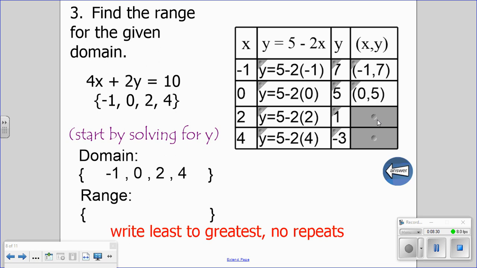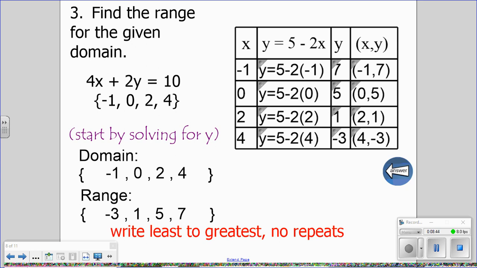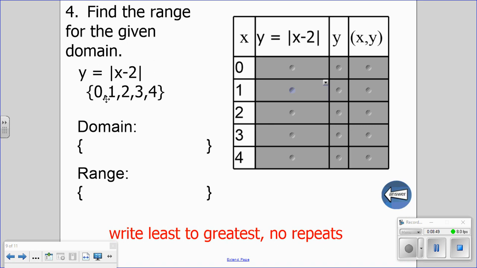So here we have our points: negative 1, 7; 0, 5; 2, 1; and 4, negative 3. And again, when listing our range, make sure that you're putting them in order from least to greatest: negative 3, 1, 5, and 7. When we start, again, looking at this part, this is that same thing. We're given our domain of 0, 1, 2, 3. But